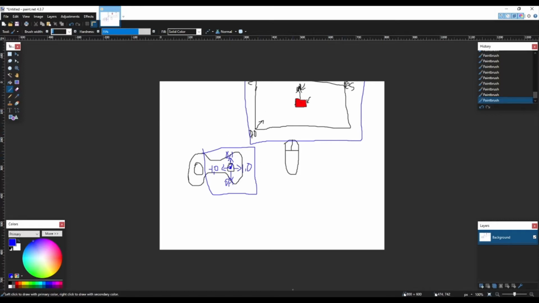For example, if you were using the raw input values and you were using the mouse to move your character instead of aim your character, you could be moving your character at a significantly faster rate just based on how far your mouse moves, rather than having it be a constant rate no matter how far your mouse is away from the character. So in this case, we want to